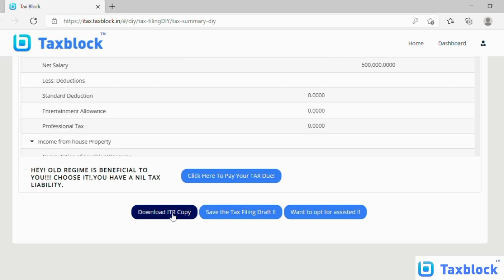Here there are options to download your ITR copy, save the tax filing draft, or opt for assisted services. In assisted services, you get a dedicated tax advisor who can help you file your taxes easier, simple, fast,